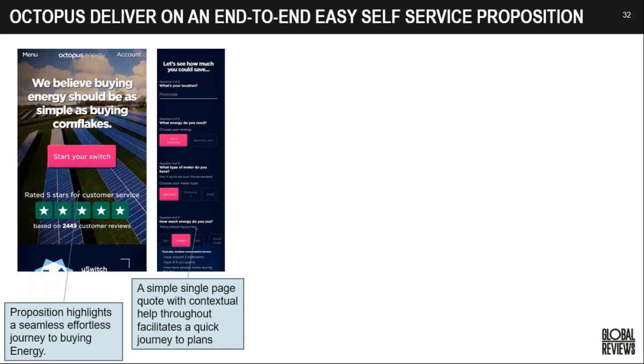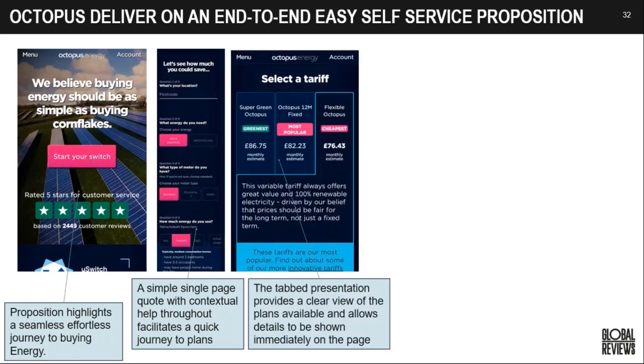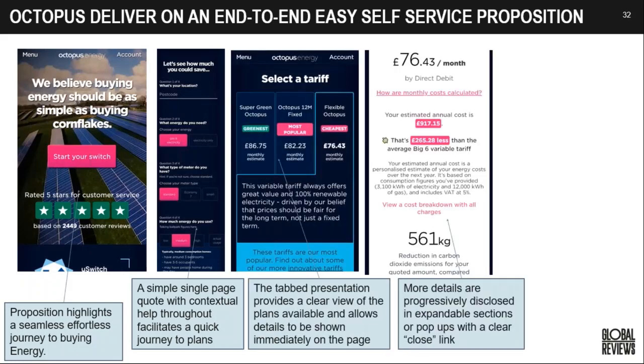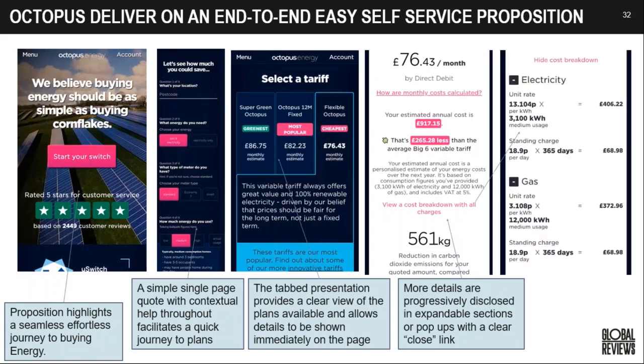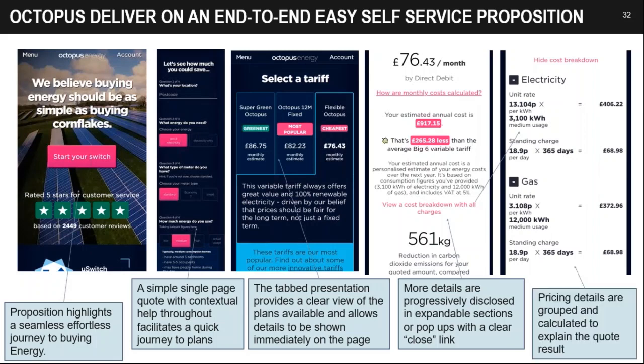them. And then they also have this tab version of presenting different tariffs. When you click on one of them to get more details, you usually get a pop-up that progressively discloses information, and you can always click and close the pop-up and go back to the screen that you originally started your entire process on. Also, the pricing details are grouped and explained in a much more transparent manner, so the users know what they're